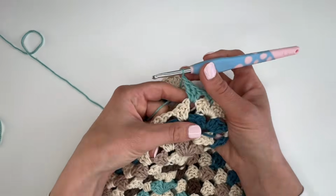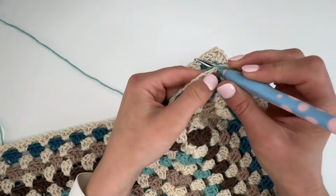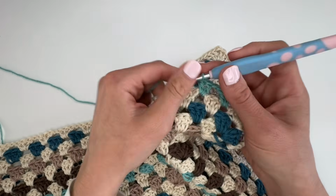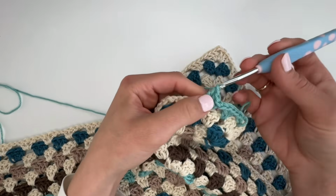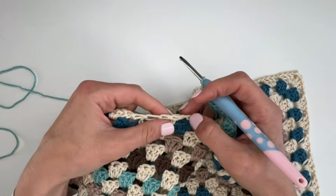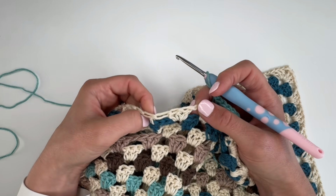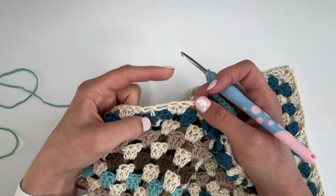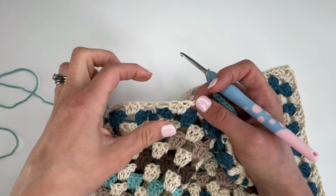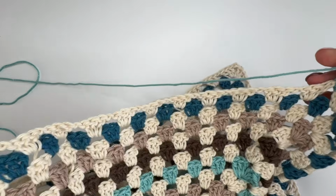And so the rest is the same as it was before. We're going to chain 1, and then we're going to work our 3 double crochet for our granny cluster in the next space, and so on and so forth. And the important thing is that our underarm is going to decrease in exactly the same way. So we're going to be working into this chain 1 space here, the last one before our double crochet that's here, and we're going to be working no chain 1 there and just a double crochet into there. So I'll work to there and we'll go over that, and then you'll have everything you need to know for